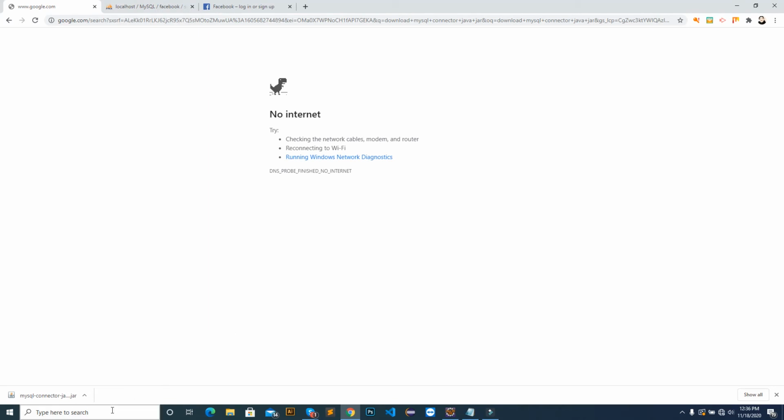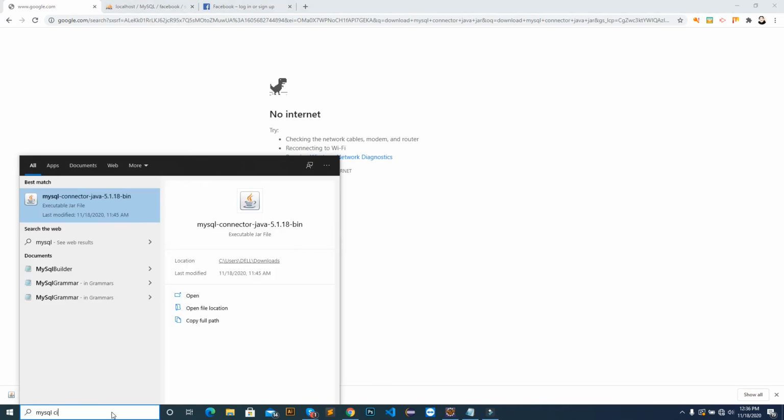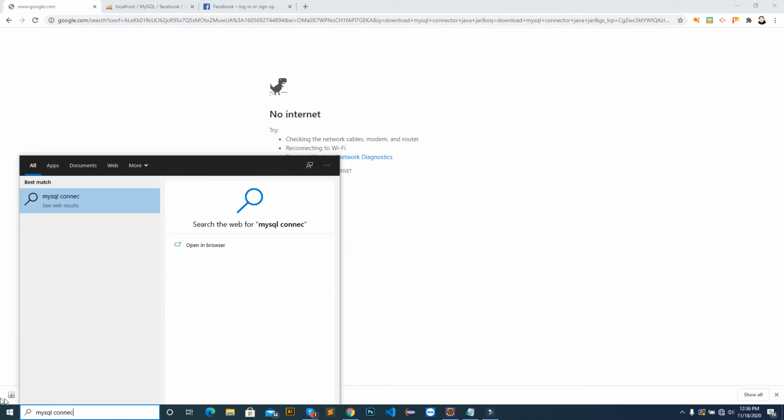I have this, let's see, MySQL connector.